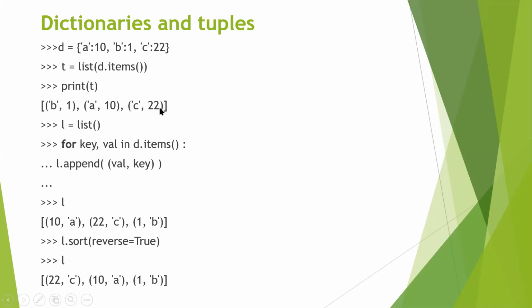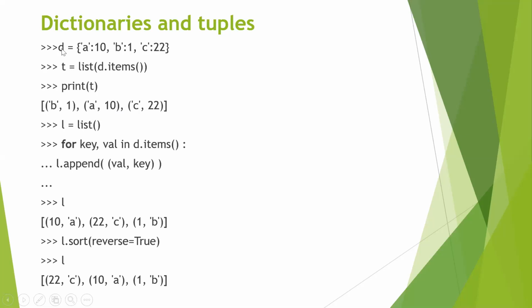Now, if you remember the concept of dictionary, this key order will never be the same. Every time you try to print the dictionary, the order always keeps changing. It's never fixed. So even though I had mentioned the first key as A, the second key as B, the third key as C, the order while printing is different. So that's always random.